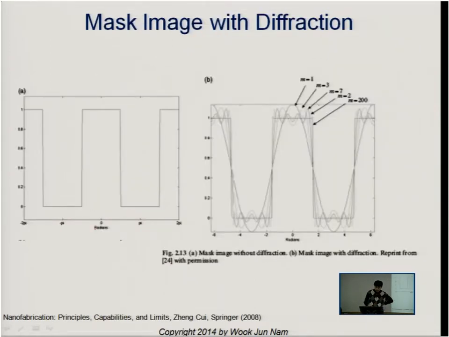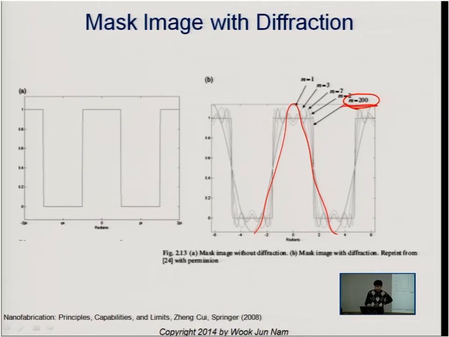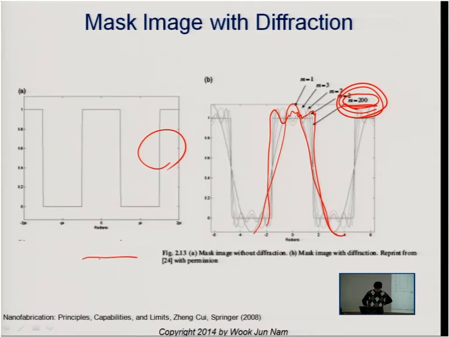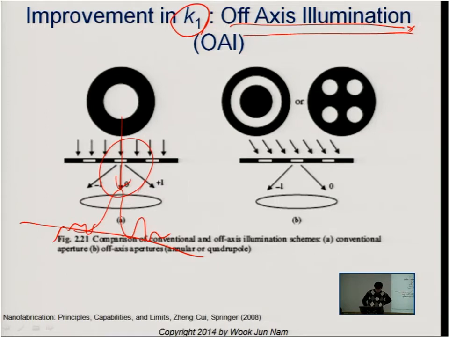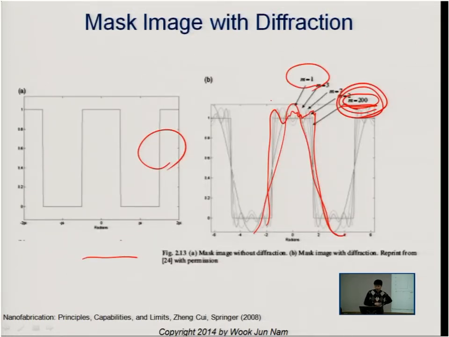as you can see, this is a simulation result. This is the zero order of the diffracted light. It has just one single pattern. As the order of the diffracted light gets higher, it gets much closer to our ideal shape. So that is why people wanted to have the high order diffracted light land on the imaging plane. So we wanted to remove the zero order of the light because